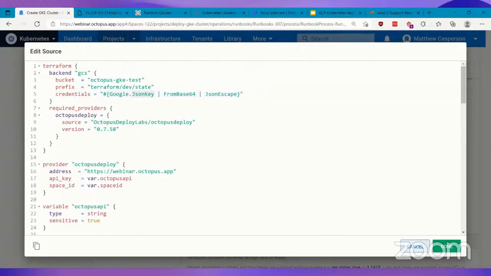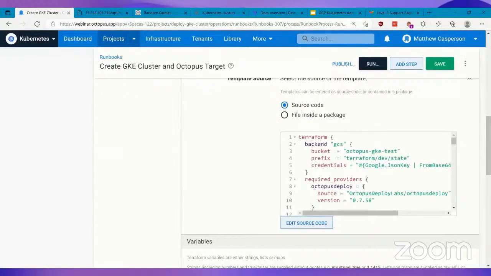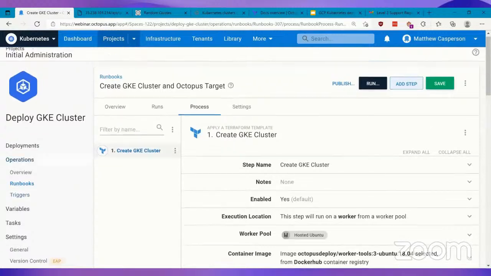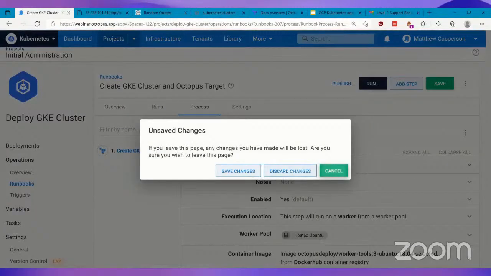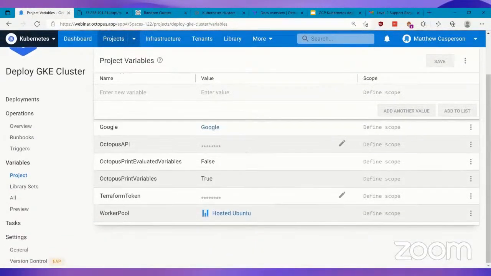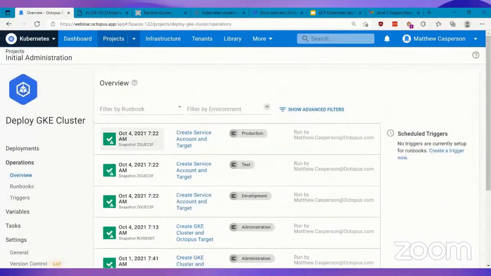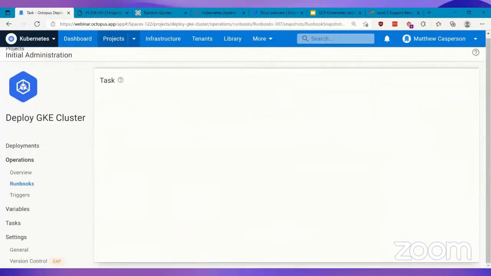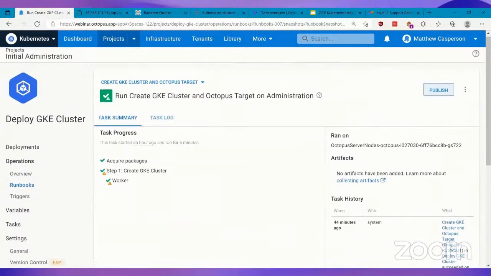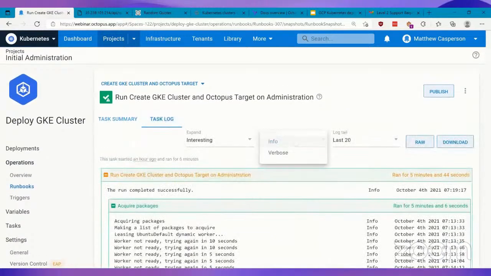So this JSON key, you can discover actually using a special variable. And so we have it here, Octopus print variables. And so by setting this to true as part of your deployment or as part of your runbook, what you'll see, if I go back here, is the details of all the variables that are available to scripts printed in the logs. If I expand the verbose logs here,